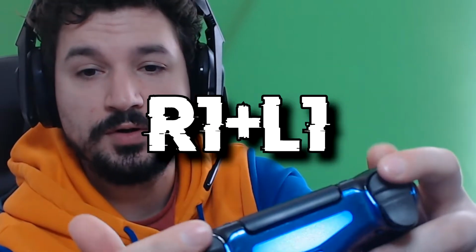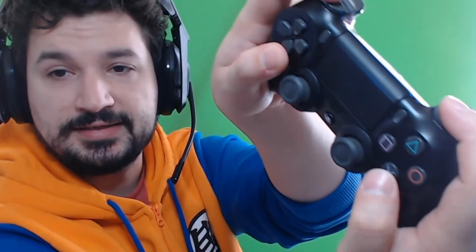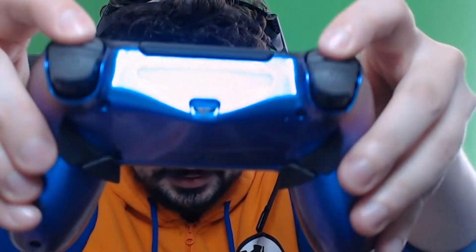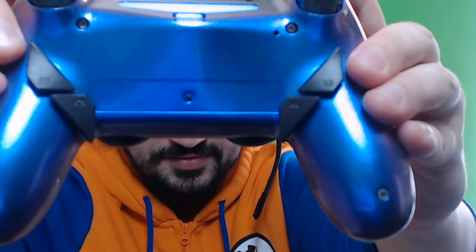First we need to assign buttons to this. To go into the remap mode, you actually have to hold R1 and R2 and then down and X. By pressing L1 and R1, pressing down and X at the same time, you'll see that the back button will light up in 5 seconds, like that. That's when you know you're in remap mode. And that's when you can hold any of these buttons alongside any of the face buttons or trigger buttons, any button that you want,